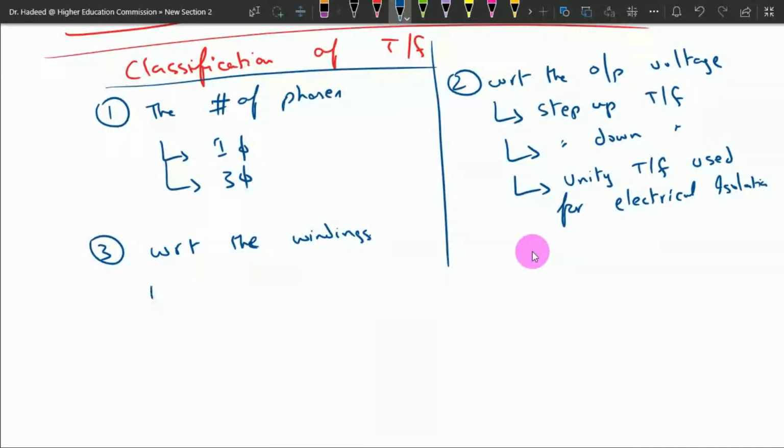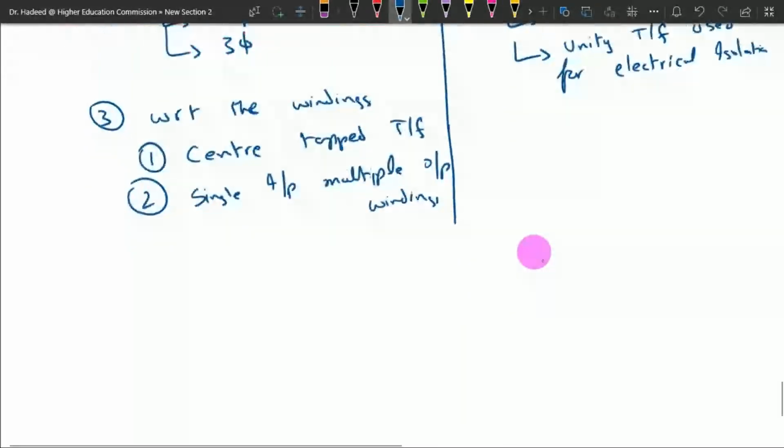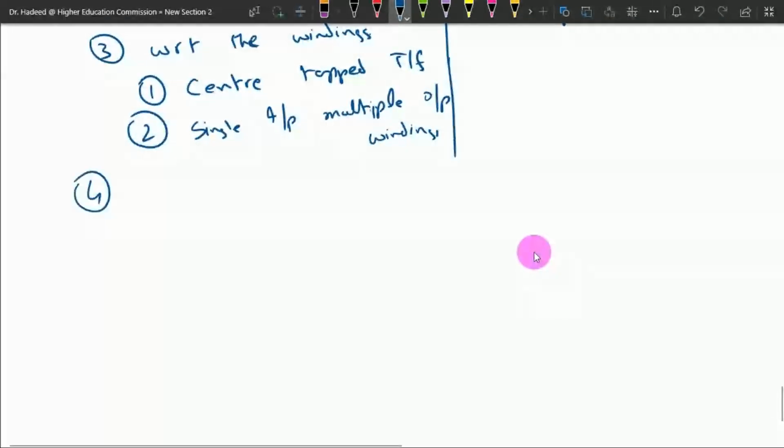So we may have a center tap transformer, we may have single input, multiple output windings, and so on. We can also have a classification of the transformer with respect to the application